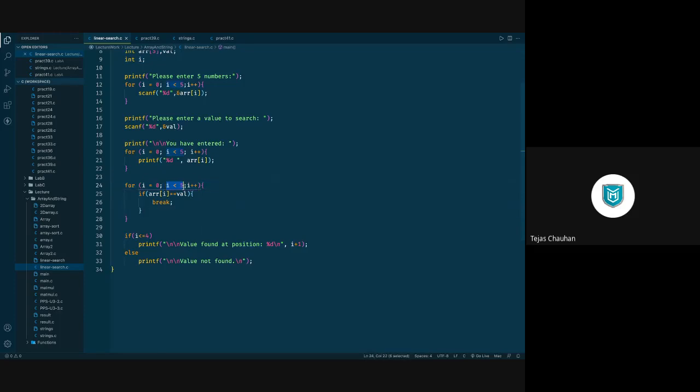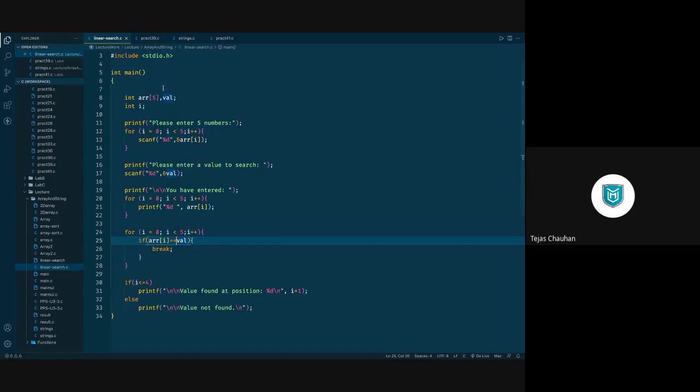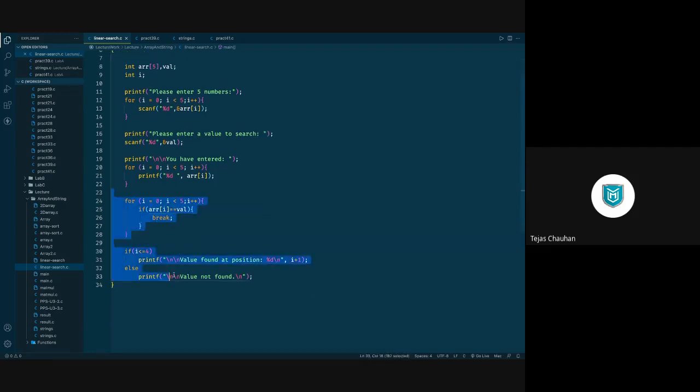and instead of i less than 5, यहाँ पे आपको क्या करना होगा? You need to go up to the end of your string. So what you'll do is string of i not equals to null. That will be your condition, and then i plus plus. And you are going to compare your string of i with the given character. User ने जो character दिया उसके साथ आप simple compare करोगे. If it is equal, you break it. Otherwise, you don't. You can also go for a flag here. आप एक flag लेके भी flag set कर सकते हो. Or you can directly go this way.